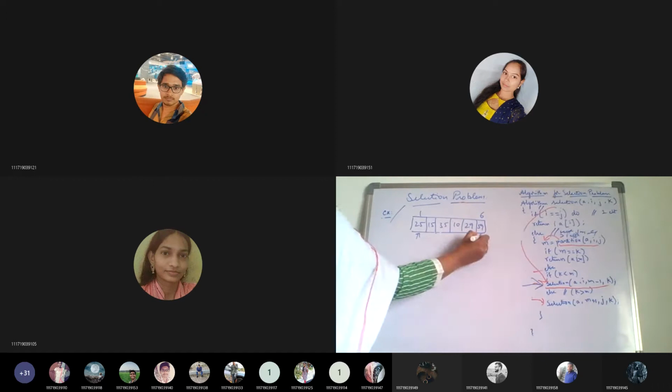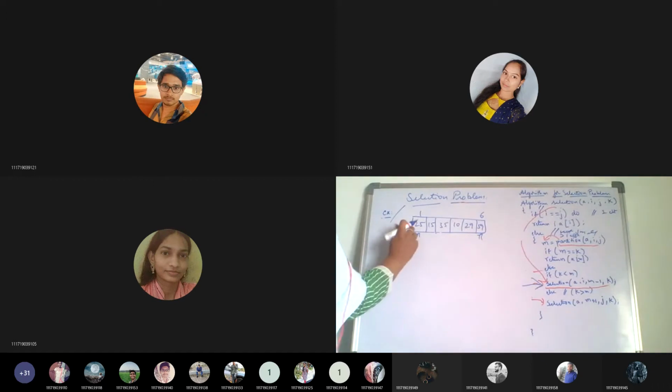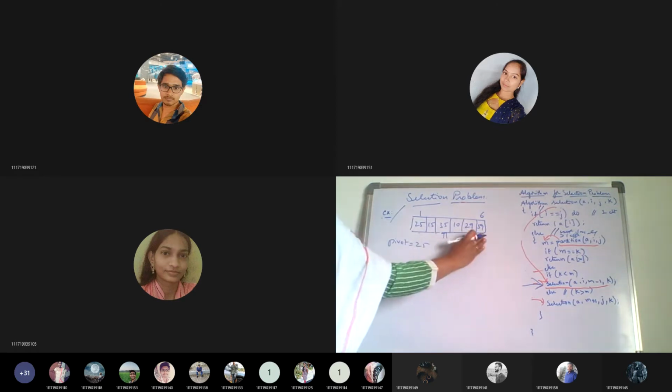So if this is I and this is J, and the pivot we are taking as 25, I have to increment until I find a value greater than 25. Is 15 greater than 25? No. So this is greater than 25. And you have to decrement J until you find a value less than 25.